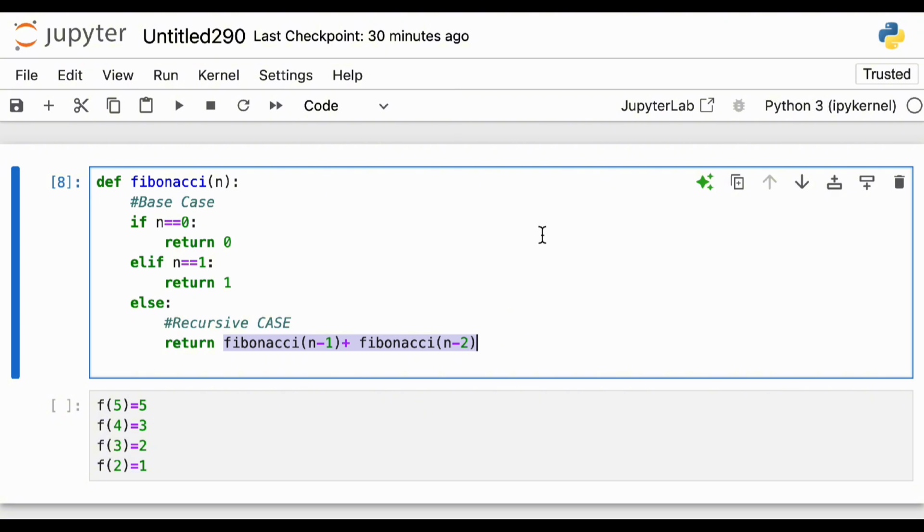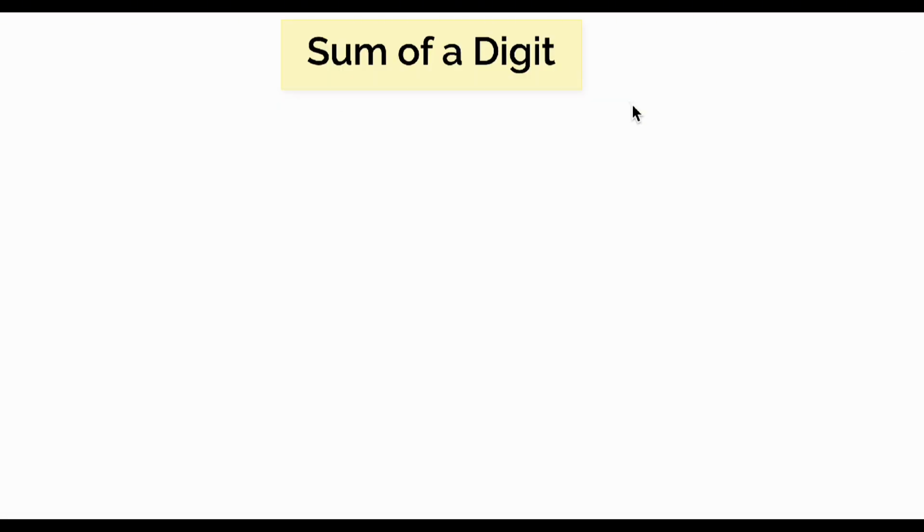Okay, so let's go towards one last question, which is about calculating the sum of a digit. So let us understand sum of digit using recursion. We have done sum of digit when we were doing for loop and while loop. Now we will try to understand how to sum a digit using recursion, because it's very important, it's very interesting. So suppose we have this number 1, 2, 3, 4 and we want to sum its digit. So what I mean is that it is 4 plus 3, 7 plus 2, 9 plus 1, 10 is the sum. So technically, how do we get it?